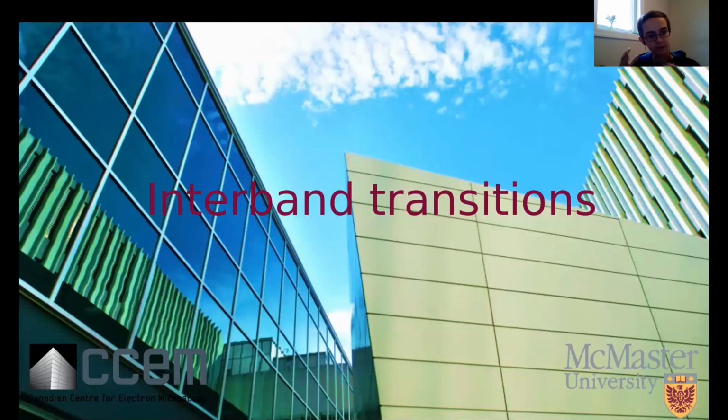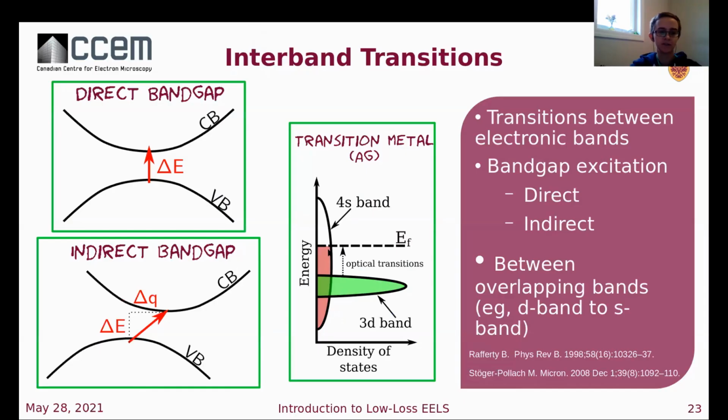As we continue in a similar region of the spectrum, we're starting to see interband transitions in our sample. Interband transitions are essentially when an electron in the valence band is excited to a state in a conduction band, or, in the case of metals, for example, from a lower energy d band to a half-empty higher energy s band.